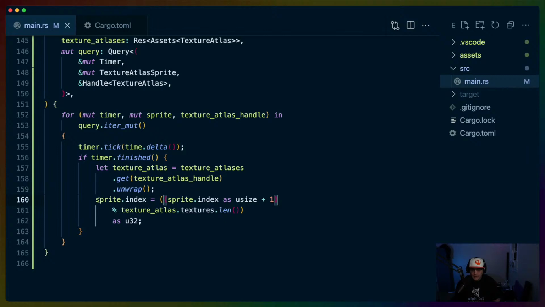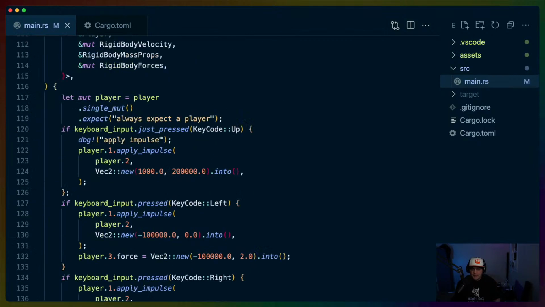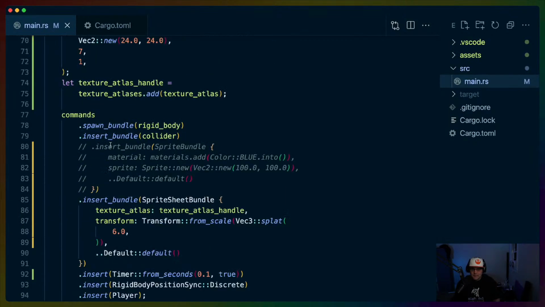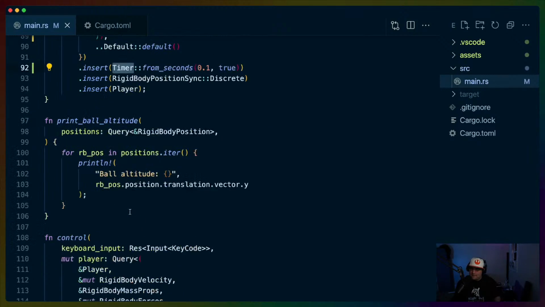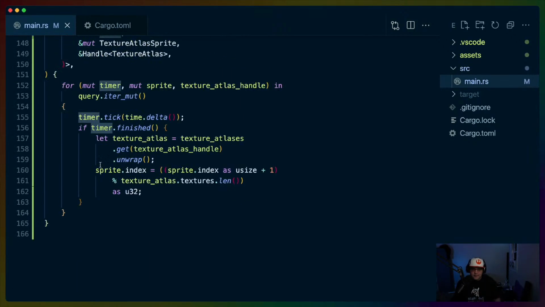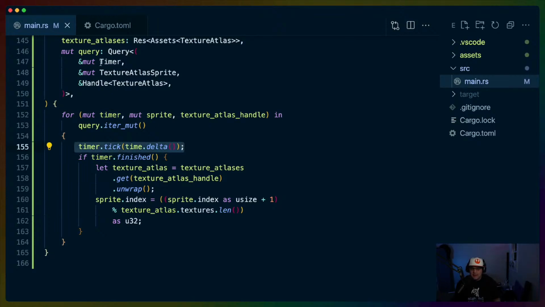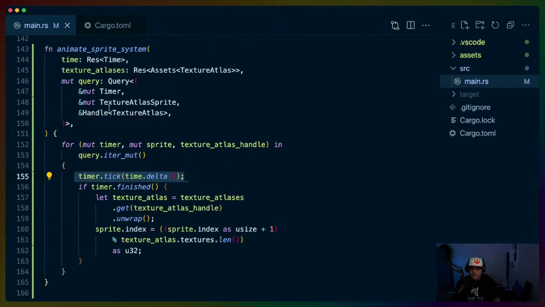Let's see. Okay, so what this is doing is every time the timer ticks, which, did we set up the timer in the other one? No, I just kind of copied some code in. From seconds, so every 0.1 seconds, I assume this is going to tick to the next timer. This system runs a lot more often than every 0.1 seconds, so we have to check: every time the timer ticks, if the timer is finished,